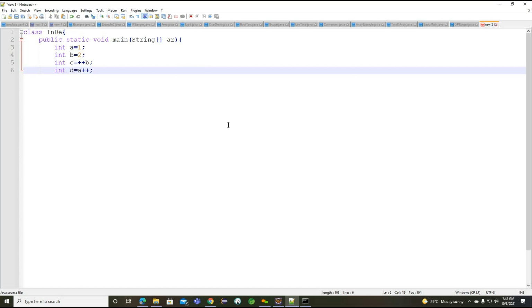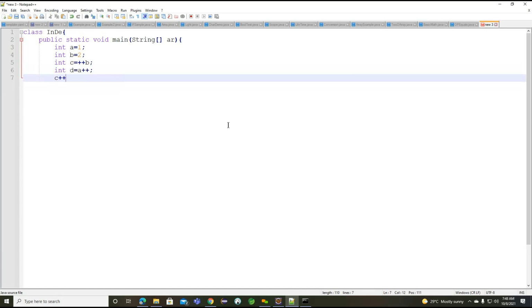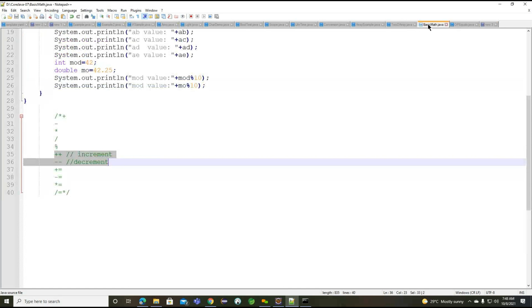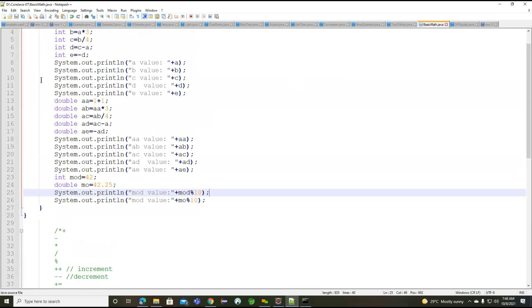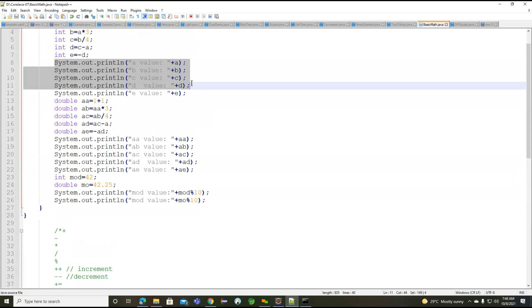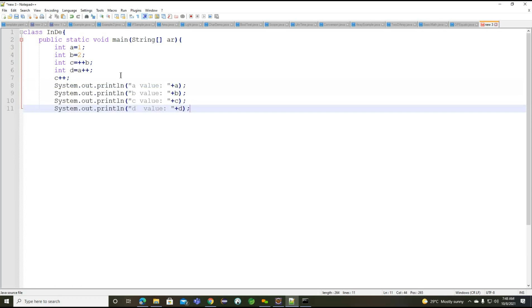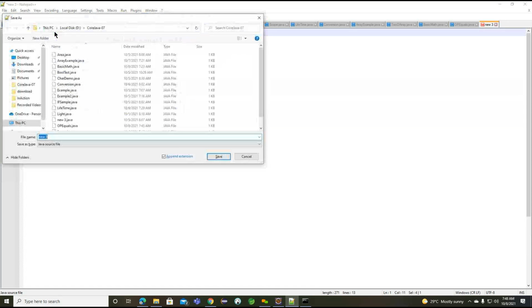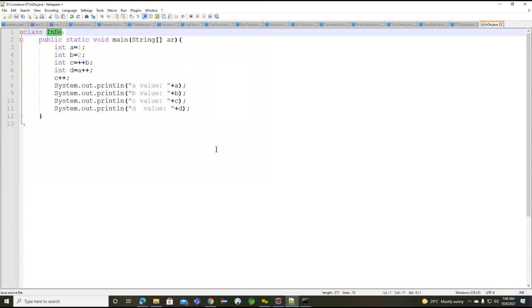So what is the output you are trying to think here? If I'm trying to print this particular values, I will copy from the basic math, I guess, right? ABCD. From here, I want to paste here. Okay, now try to think about this particular output here, and let me know what is the output we are trying to think here.